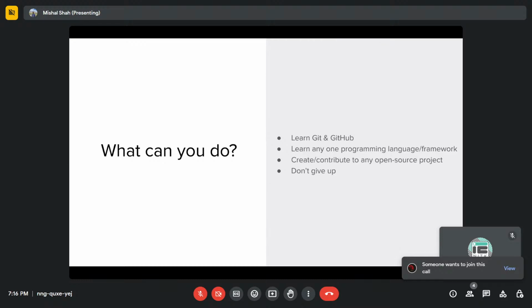So don't get disheartened. Instead, take it as an opportunity to learn those design patterns and go ahead and contribute. It will take time, but there's a lot of documentation these days, so you can actually go ahead and find it out. Any one programming language or framework, as I said, you'll find a project in any language. There's nothing like, oh, there's more in this, more in that. There's always something or the other that you'll find. So anyone is fine, and then go ahead and contribute.